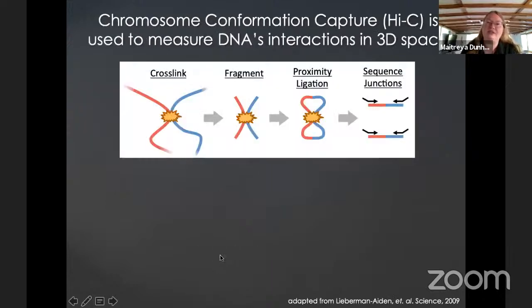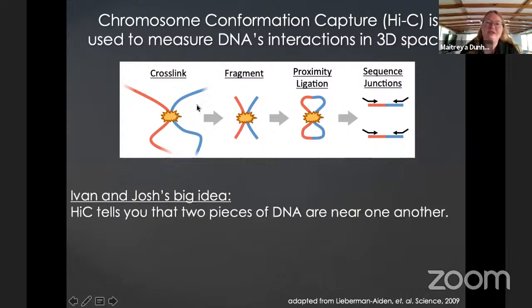The trick that we used is using proximity ligation in order to help us do this binning strategy. So the basis of this is a method called Hi-C, where you essentially just treat your DNA with a crosslinker. You fragment it, you use like half the NEB catalog to end up with this at the end of the day, where you can sequence these junctions where you get a little bit of this piece and a little bit of that piece. And so what that tells you is that these two pieces of DNA must have been close enough in three-dimensional space to be able to be connected by this chemical crosslinker.